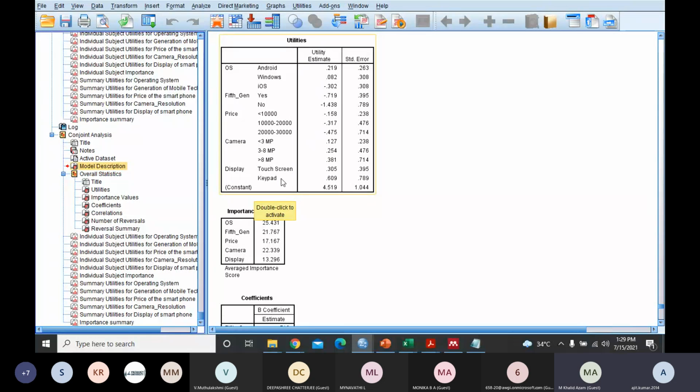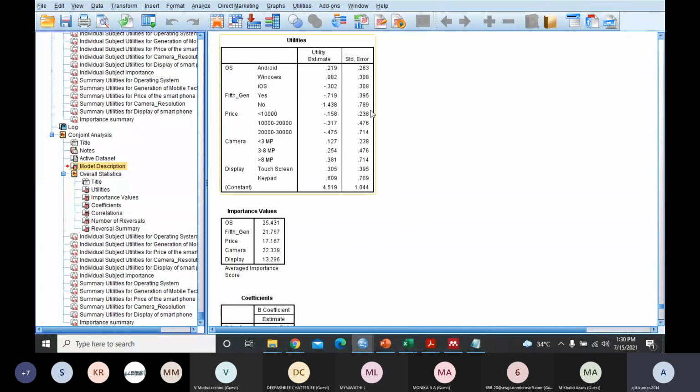Display. Just 1 minute, sir. Yes. But when we check with the help of standard error, in case of megapixel also it is very high. In case of yes. No, that is what I'm telling for standard error. This is the dummy data. What I'm saying is that we use this utility estimate, but only if the standard error is within acceptable limit. If it is not within acceptable limit, we'll discard it. That means we need to get more actual data. That means surveys are not filled properly, which is why you are getting this standard error beyond limit.